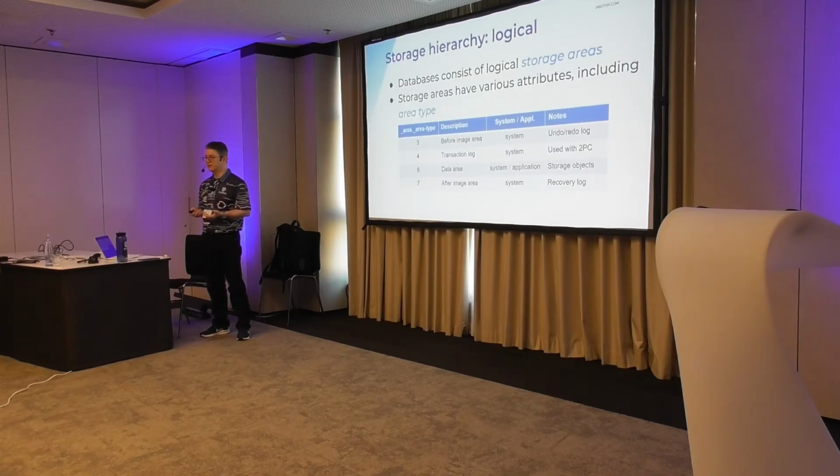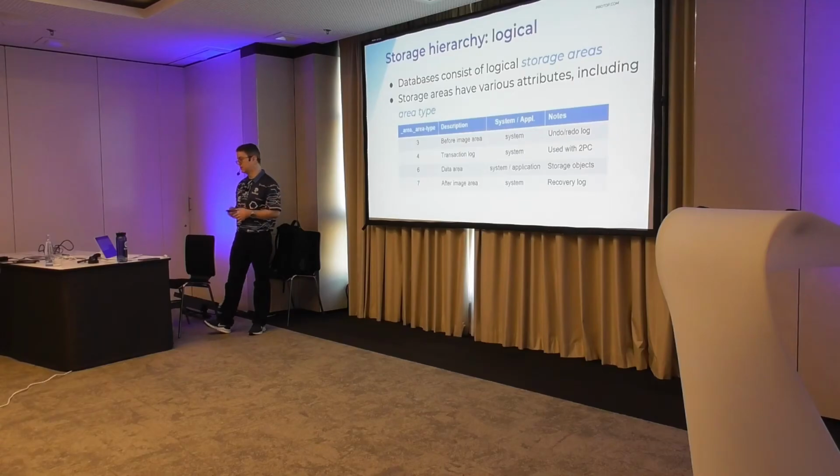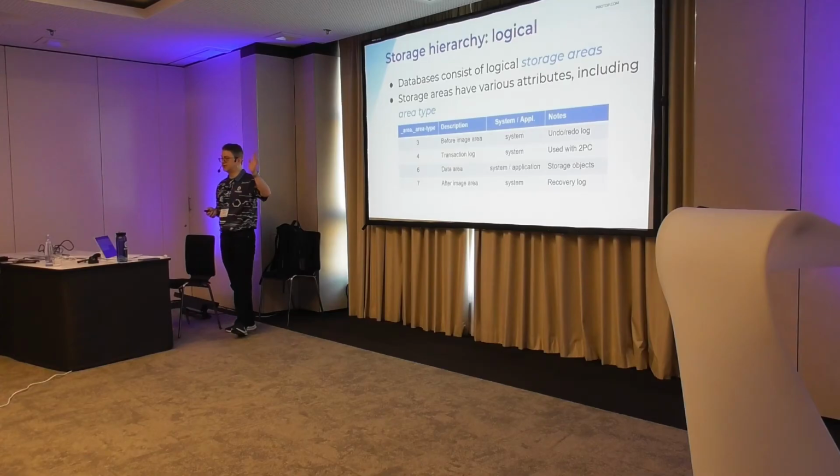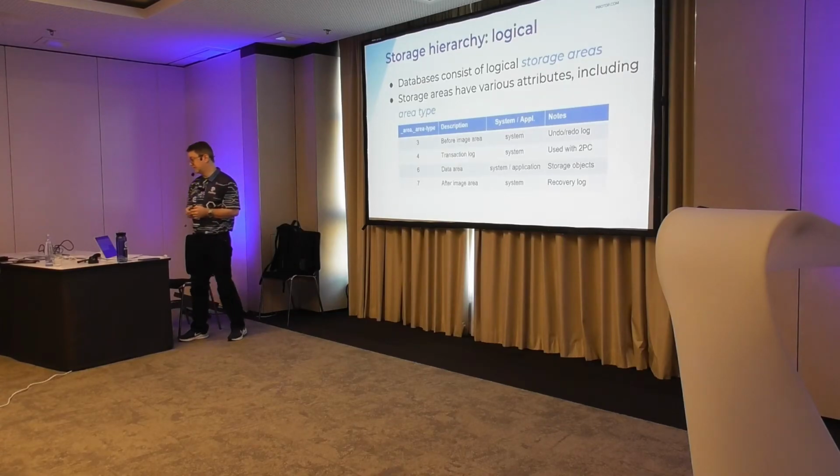So type 3 is the BI area, so that's the database's undo redo log. Type 4 you probably won't have. It's the transaction log. It's only in your database if you use two-phase commit. Anyone here use two-phase commit? No, didn't think so. Type 7 is the after image areas, so that's the recovery log for the database, and